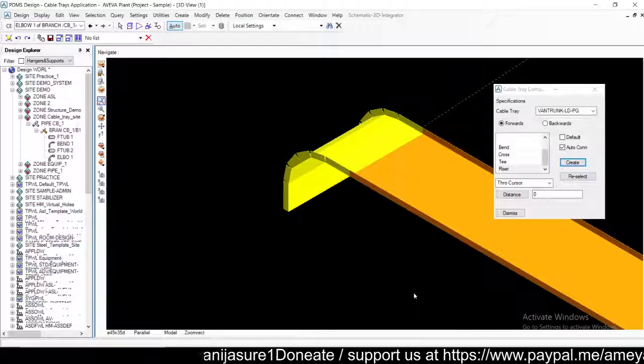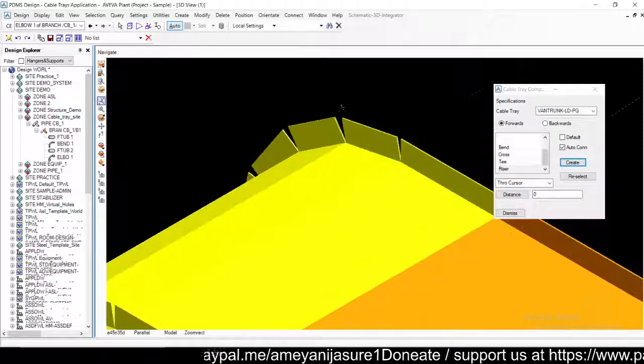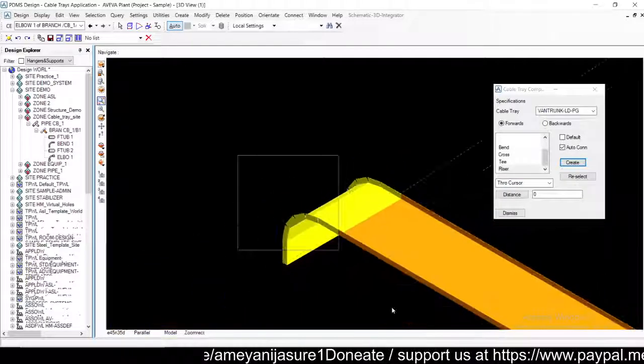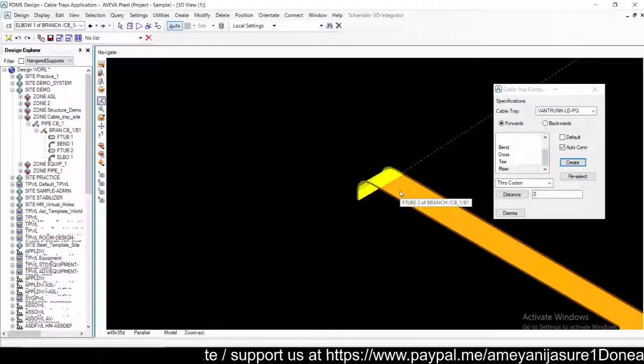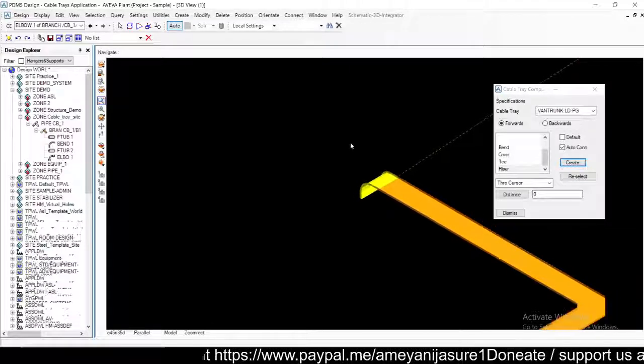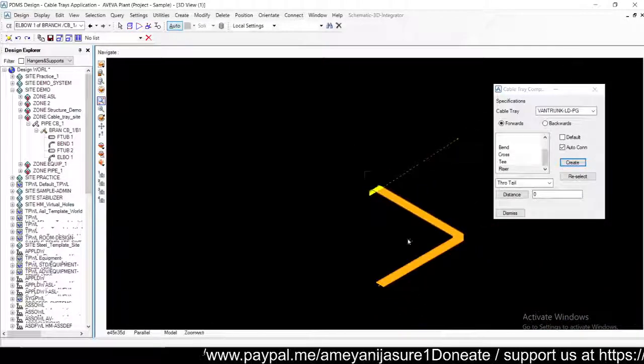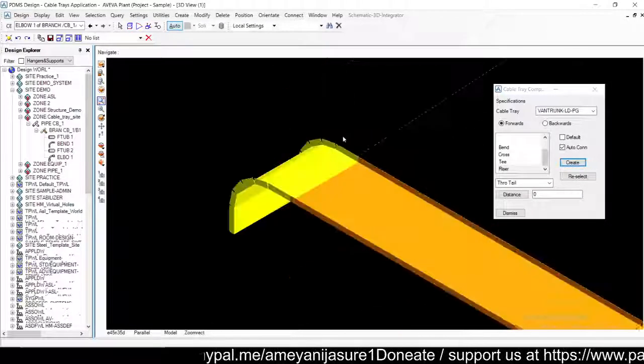This riser is not there in piping. You can easily change the angle of a bend or elbow in any direction you want, but not with the cable tray. So these are the two options we are looking at for cable tray. If you want to change levels, going up and down, you will be using a riser in your cable tray options. So this is what we need to discuss in this video.